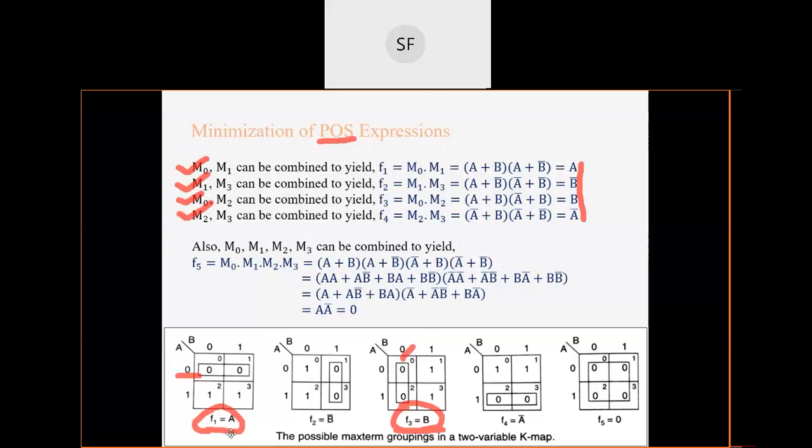Again similarly you got F1 equals A here. Okay, so this is just for the verification. So you can either go with the algebraic laws and you will get only those same values. So rather than using so much logic, it is better that by just mere observation